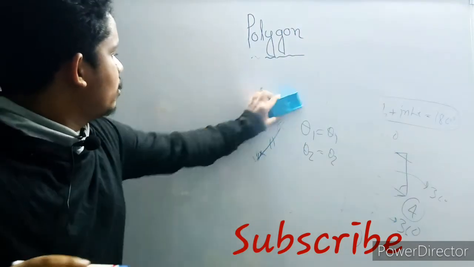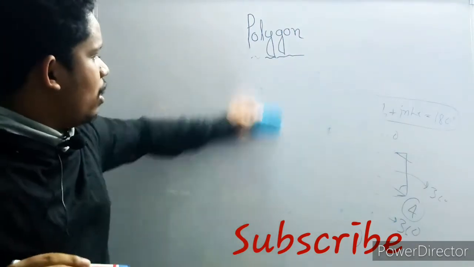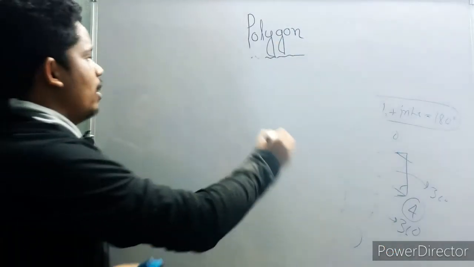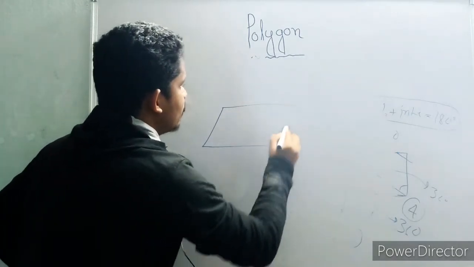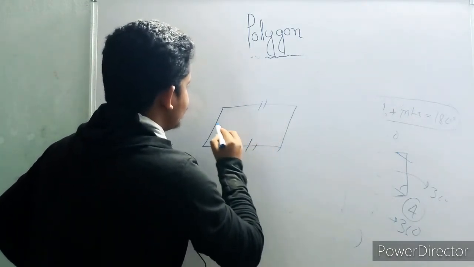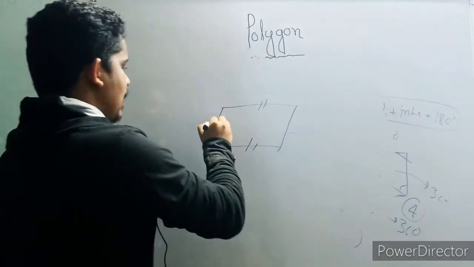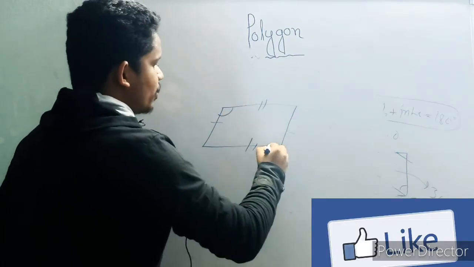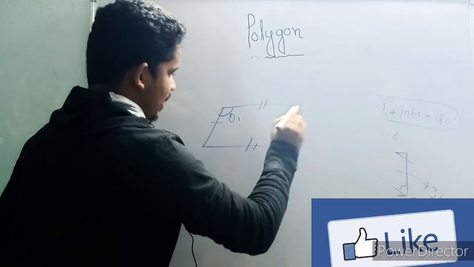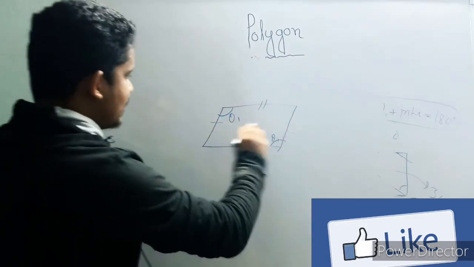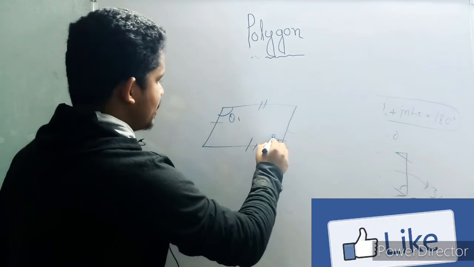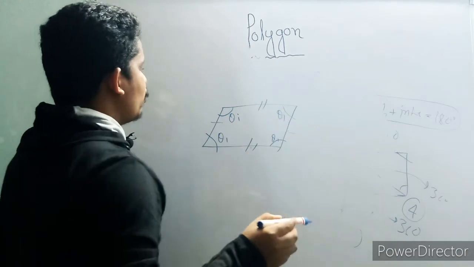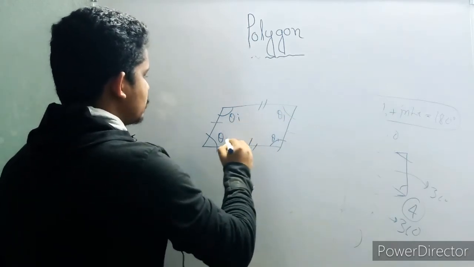Now we will talk about the parallelogram. In the case of a parallelogram, it also has a similar property to the rectangle. Two opposite sides are the same: this side and this side are the same, and this side and this side are the same. And if we talk about angles, two opposite angles are the same, like the rhombus. Here also if it is theta 1, it is also theta 1. And one more thing is the same: two adjacent angles. Sorry, this is theta 2 and this is here.